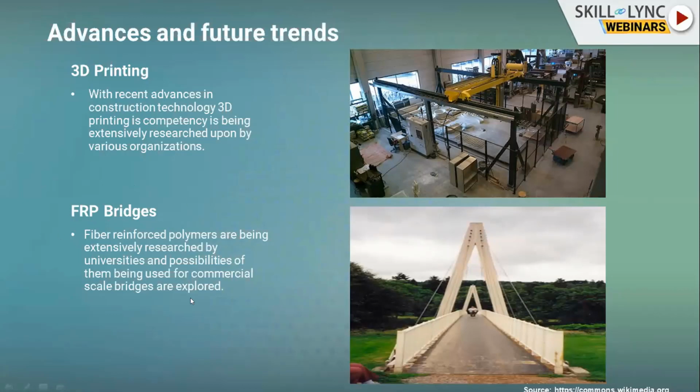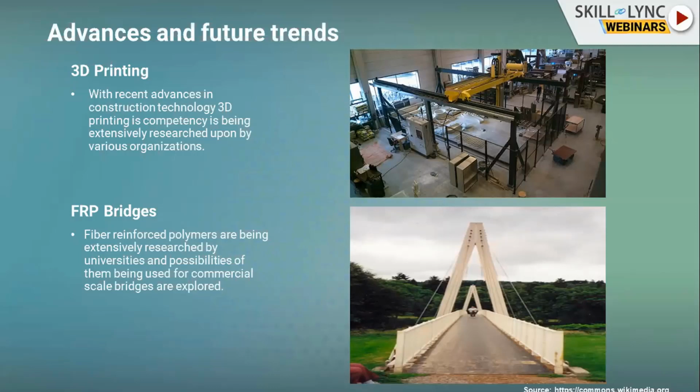If you're familiar with it, there is a beautiful TED talk by Ian Firth, who was an ex-president of the Institution of Structural Engineers UK, who mentioned that we are using steel for suspension cable bridges, which can be up to 2 kilometers long. The current limit is 2 kilometers, which is the Akashi Kaikyo Bridge, the longest single span suspension cable bridge. But if we use carbon fiber reinforced polymer, we can stretch this up to 10 kilometers. That is the benefit that we are getting using FRP bridges. Carbon fiber reinforced polymer is also an FRP, and it is being explored quite a lot nowadays.